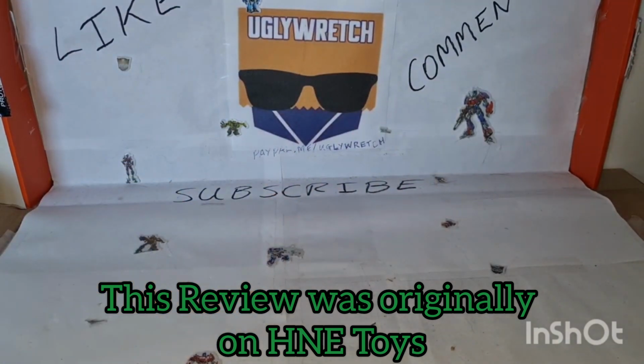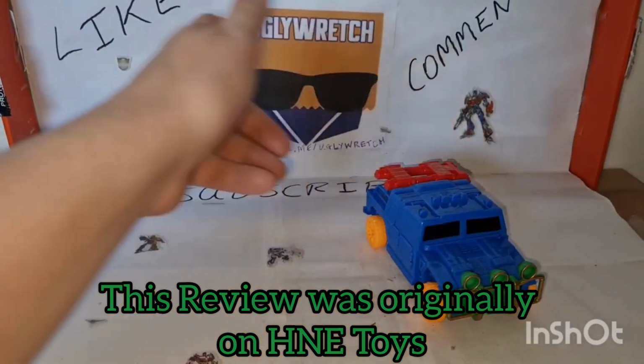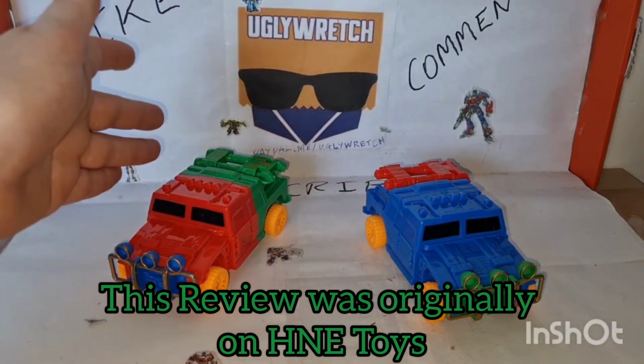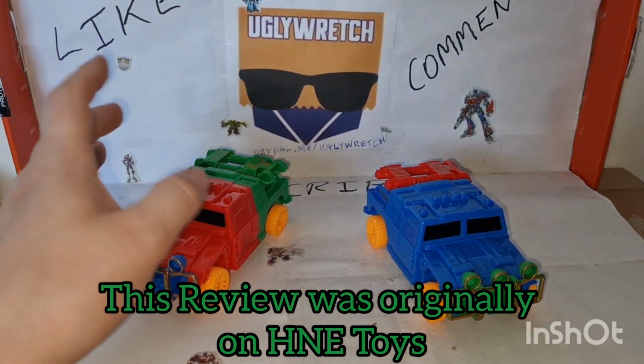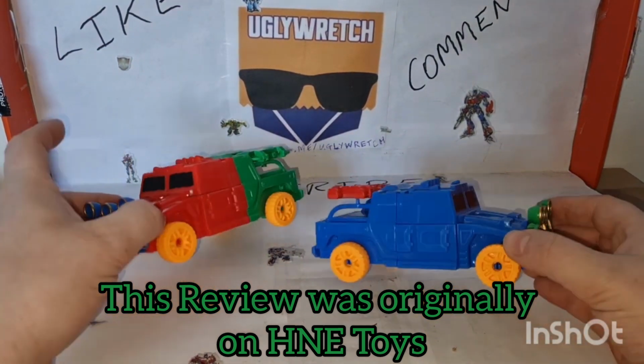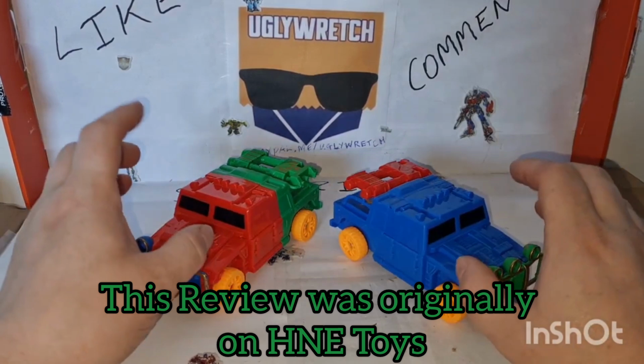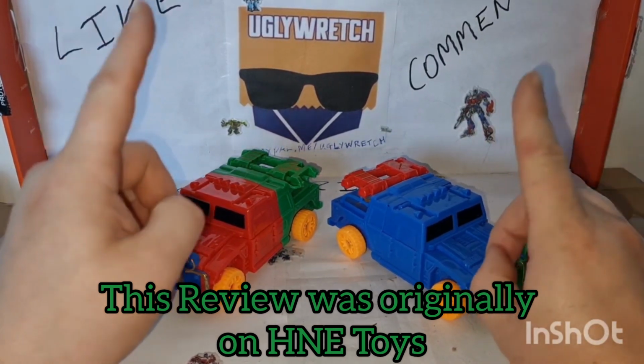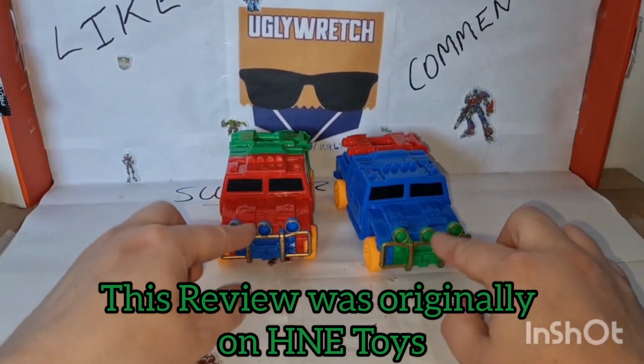So we're going to look at this. Okay. And this. And these are fine. These are little Humvee things. Yeah, they're quite cool. But there's a third part of this set, and that's where things get really interesting. Because you see,